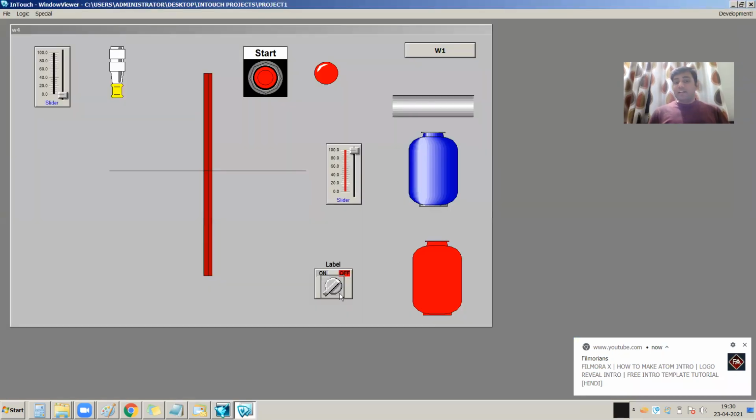See, my label is 0, that means my switch is off, so my tank is red. When my switch is on, my tank is green. So this is the fill property in the discrete condition.